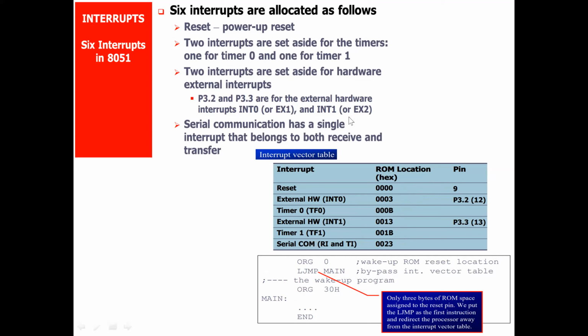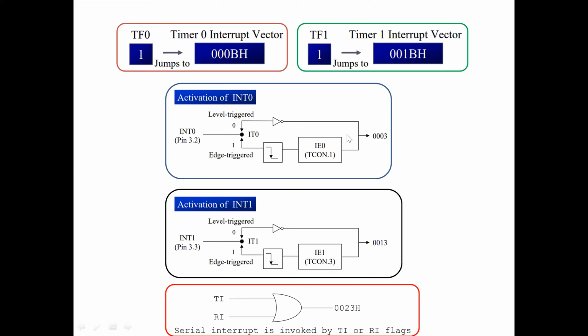This you should understand. So next, now the same thing: if this particular software interrupt occurs, the subroutine will be executed at the location 000B. At that location, you have a subprogram. If the timer 1 software interrupt occurs, the subprogram is loaded into that location. There, the special instructions will be executed. Once execution is done, the controller will move back to the main program.